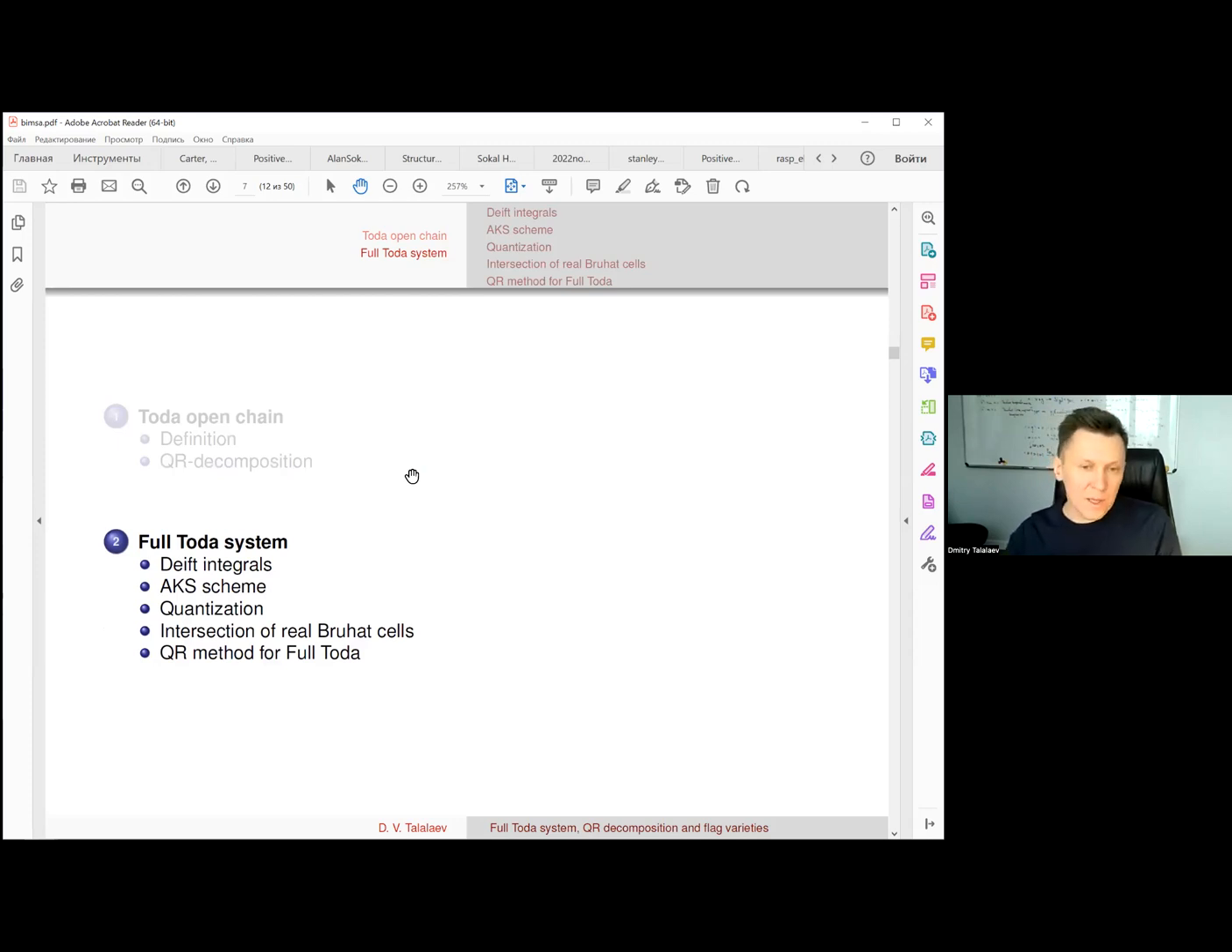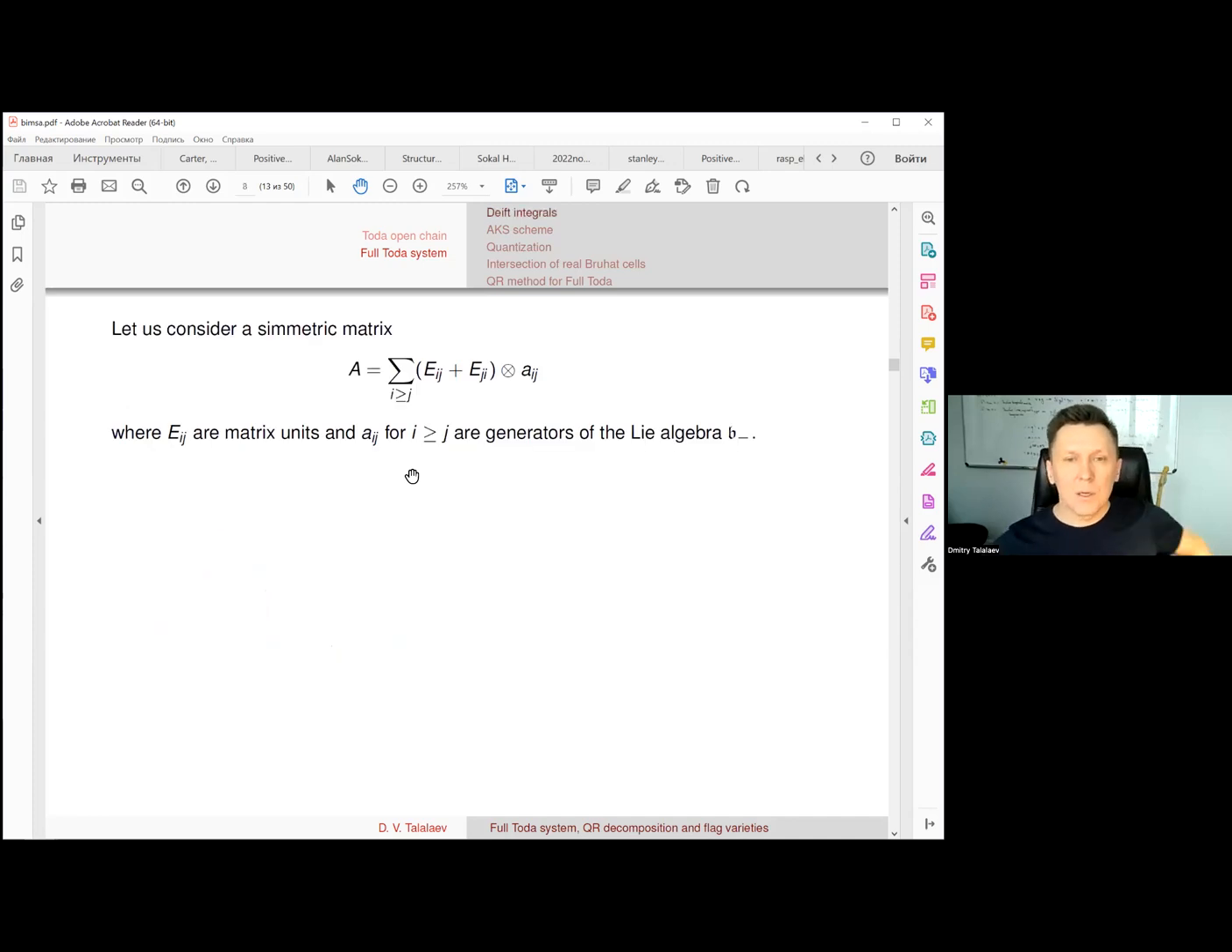There is a very natural generalization of the open Toda chain, which is called the full Toda chain, and I use here the full symmetric version of the full Toda chain. There is another very important case, the constant full Toda system, and it is the subject of one of the next talks at your seminar. So let us consider a generic symmetric real matrix A with entries a_ij, and